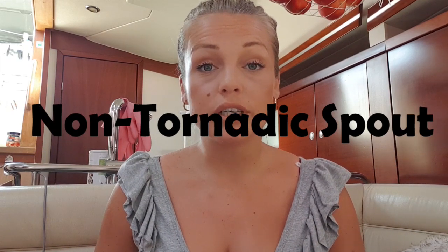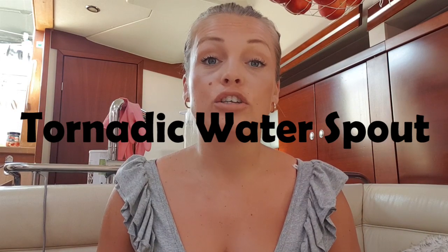Another one is a non-tornadic waterspout, which usually occurs in coastal waters. It normally only lasts about 20 minutes and the wind doesn't get above 63 miles an hour. And the last type of waterspout is a tornadic waterspout, which are waterspouts connected to severe thunderstorms. So with this knowledge, because we had higher wind speeds, it lasted much longer than 20 minutes, and we had a pretty major thunderstorm going on at the same time, I think that we were in a tornadic waterspout, which